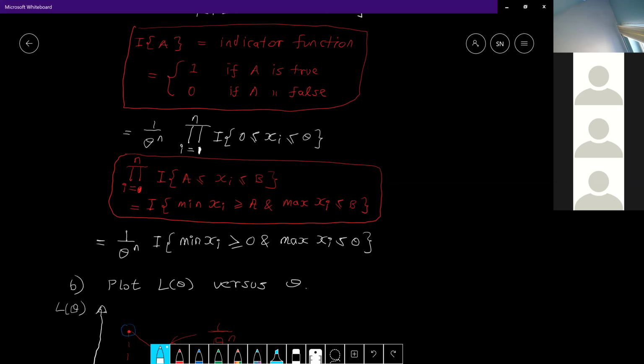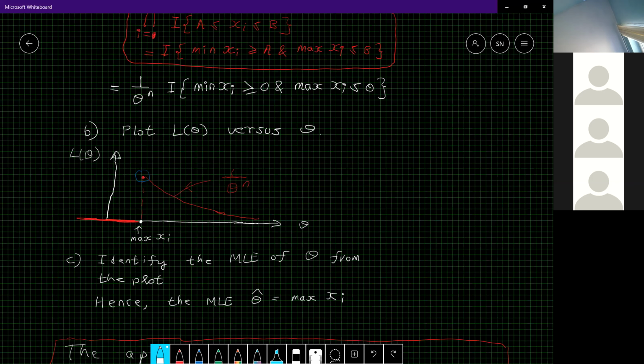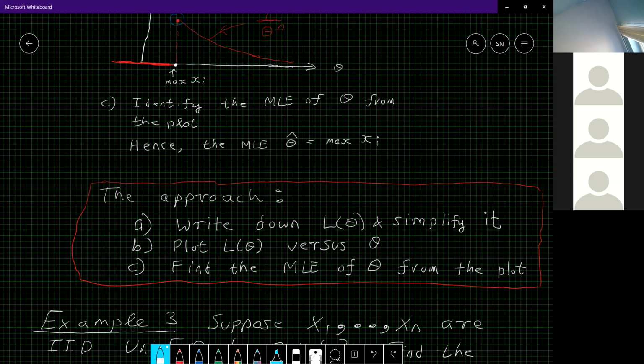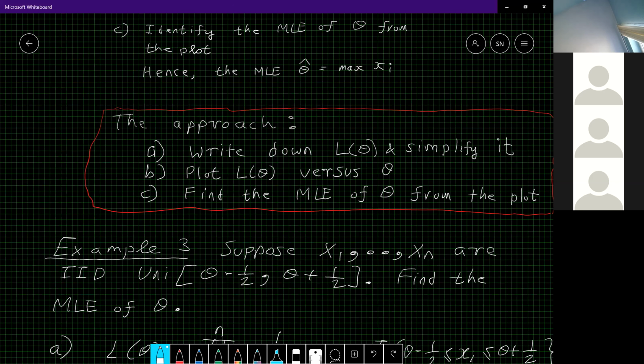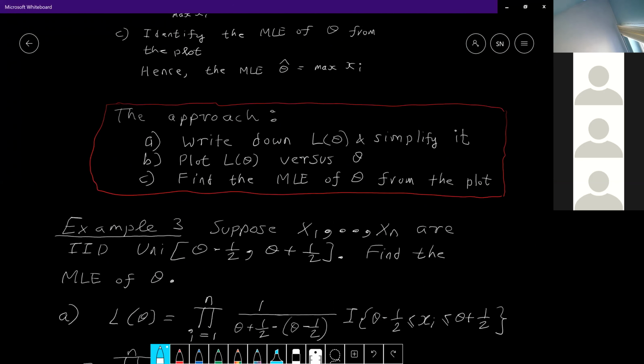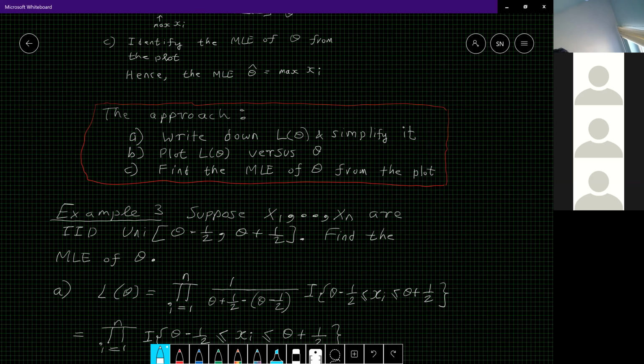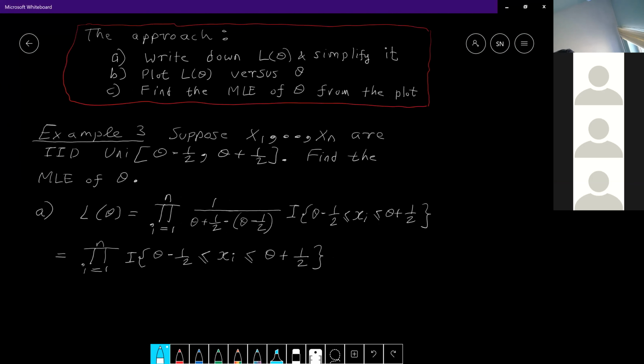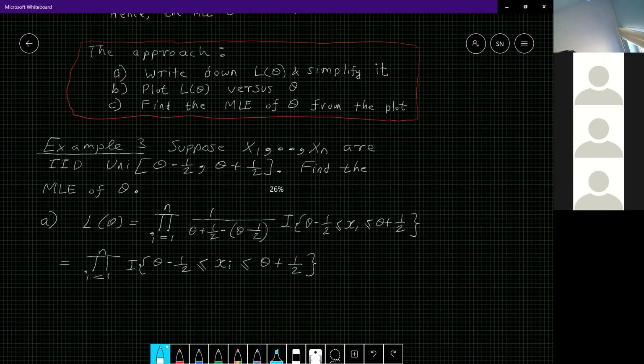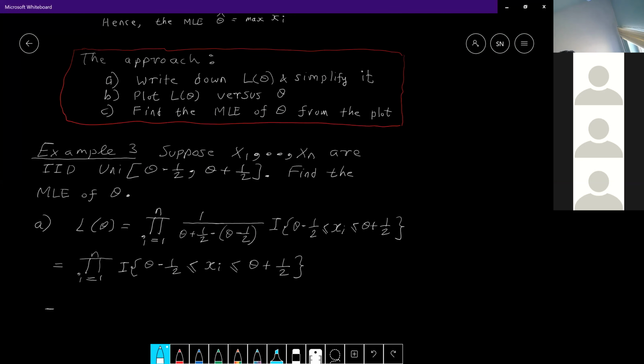So I'm going to use this rule to simplify the likelihood. If you use that rule, guys, this becomes the indicator function where the minimum of